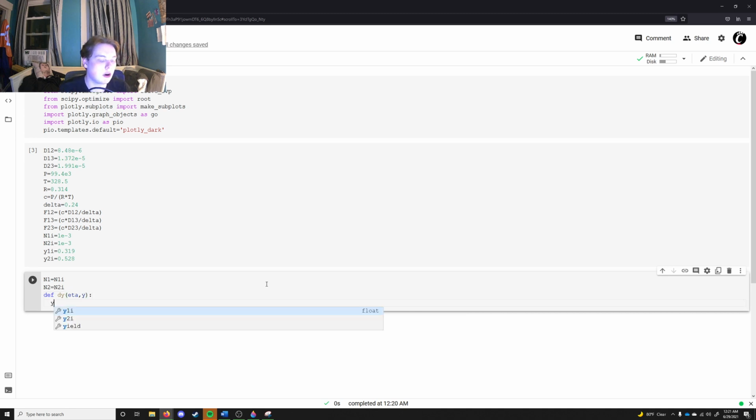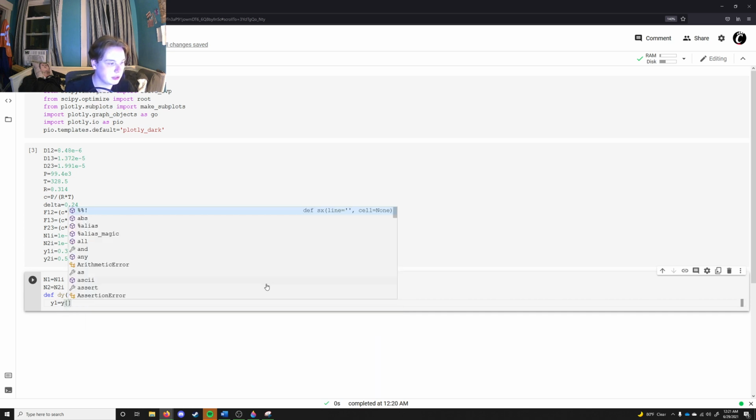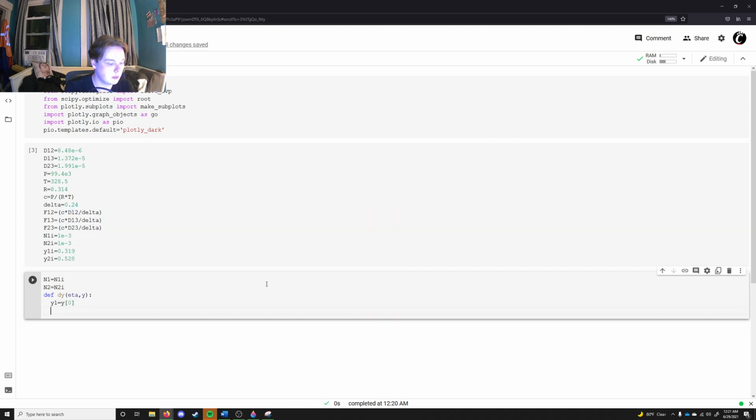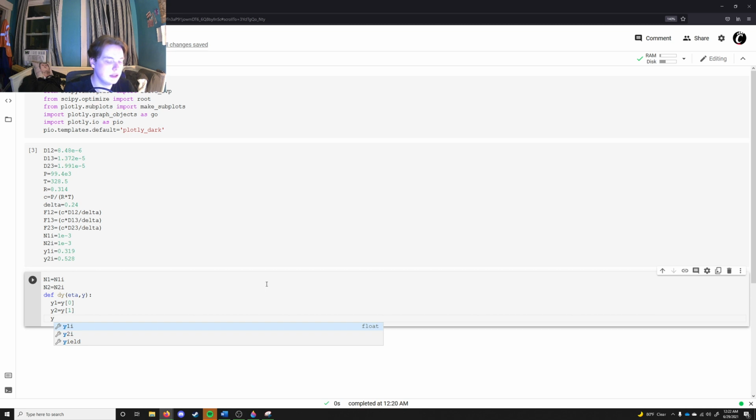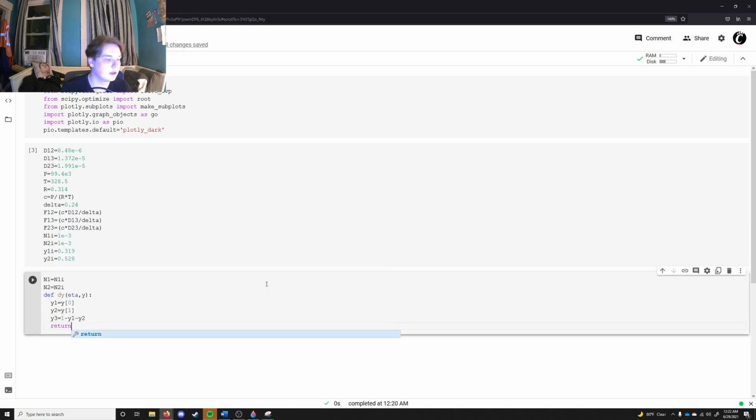And we're going to call our y's. So y1 is just going to equal the first in the iteration. y2 is going to equal the second. And y3 will just be the difference of 1 and the previous 2. Alright, so then we're going to return an array